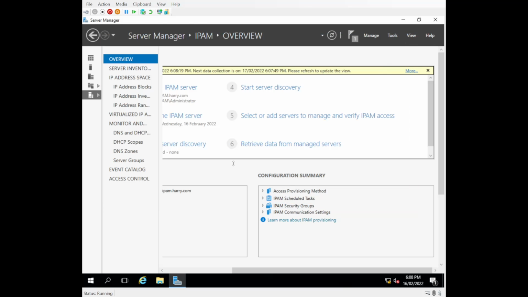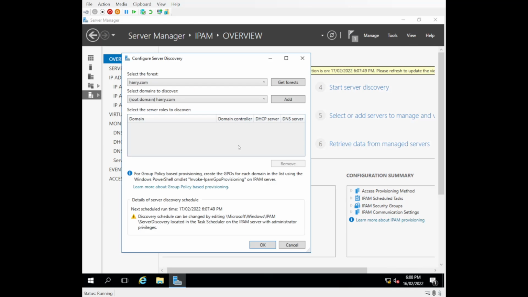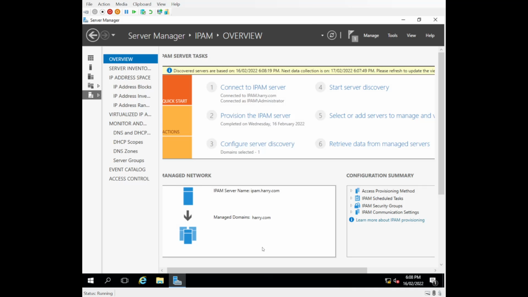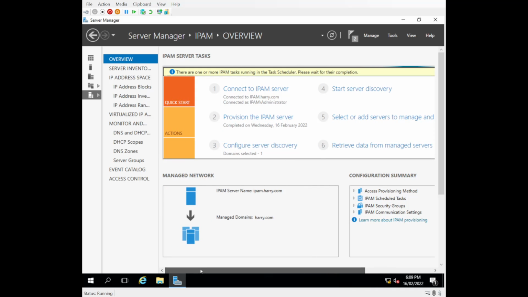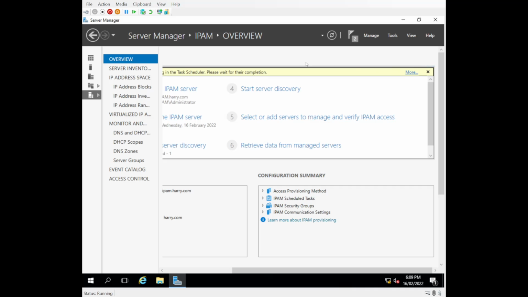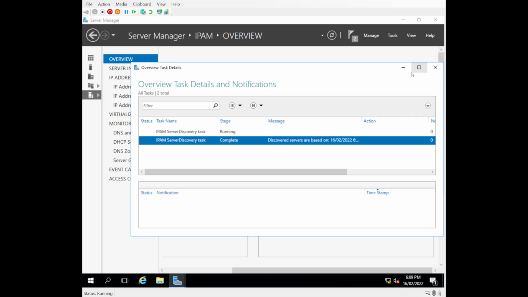Okay, we'll go back here. Oh good, I was a bit impatient. We'll go to add, and then we'll select OK. Now we'll start the server discovery, and apparently this takes about 5 to 10 minutes. To keep an eye on it, there's a little blue sliding thing there. It says discovered, but